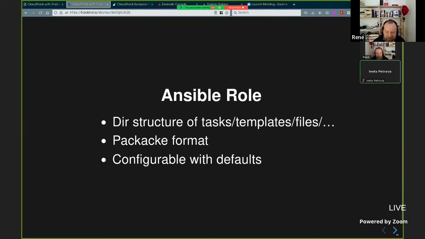This is a package format for distributing functionality, and you can download and use many roles. The great thing is they are configurable, so they are easy to use in different environments, for different customers and situations.